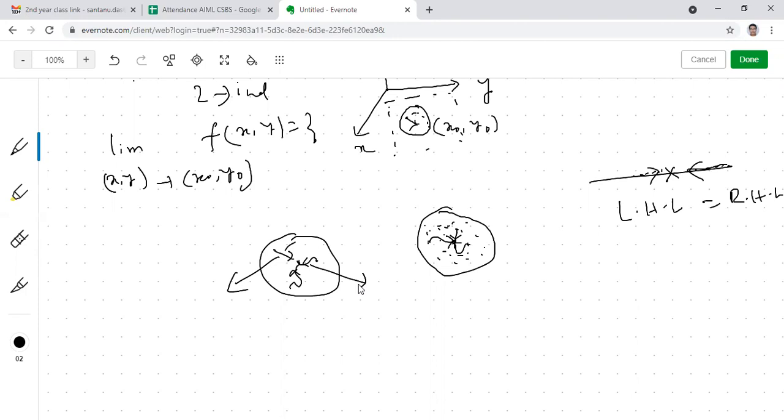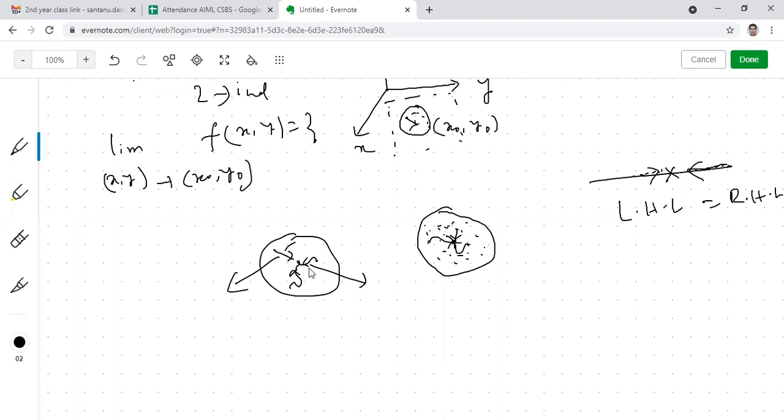Because to show the existence, we need to show that the limiting value is the same if I approach this point from an infinite number of directions. But to show that the limit doesn't exist, it is enough to choose two different paths and show that the limiting values are different. But if for only those two paths the limit is the same, and there is another path where the limit is not the same, then you will need to choose another path. The problems which will be given to you will have limits that do not exist, because by this path dependence method you can only check the non-existence.